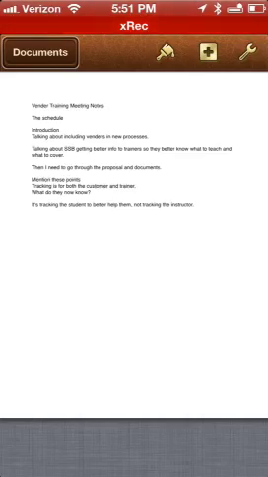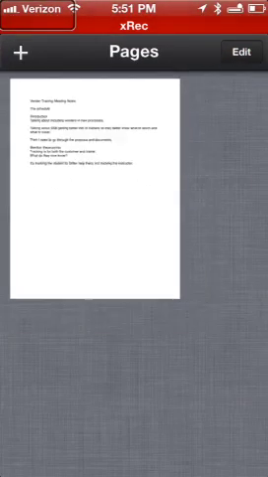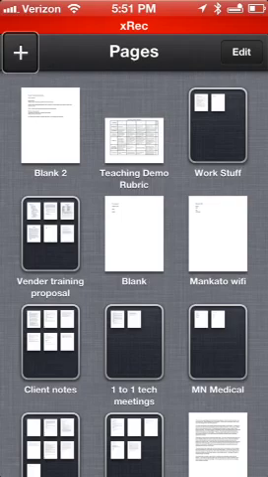And let me go back. Documents button. So that was a note that I took some notes just yesterday, I believe. And so what we have here, it kind of looks like just another home screen actually, but it's within Pages. And I have my Blank 2. Blank 2, that's just a document. I can double tap it to open. But here is where there's a couple reasons I like to use